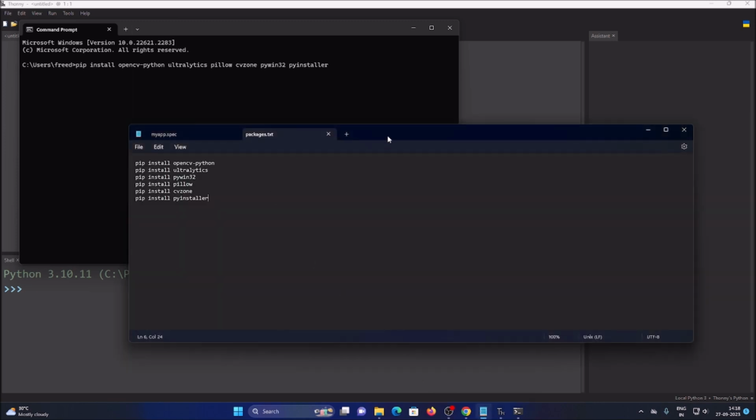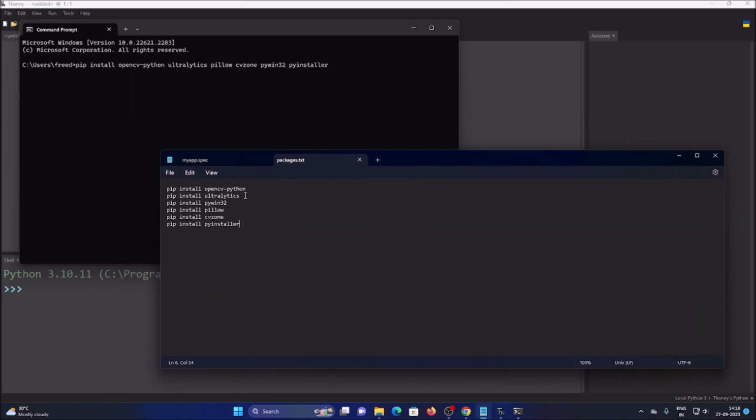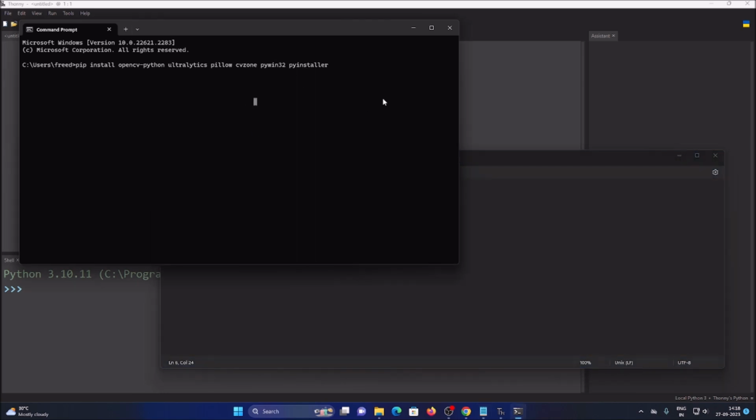and what else? OpenCV-Python is there, ultralytics is there, py-win32 is there, pillow is there, py-installer is there, and CV zone is there. So these are the packages which we need. So just install with CMD, click on the enter button,